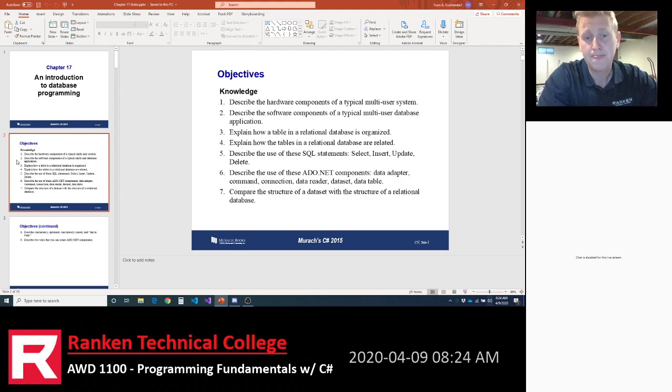Now, to work with databases, there's a standard language called structured query language. So bullet 5, SQL. Structured query language is the ANSI standard, so it's the recommended way for working with databases. It's a different language.